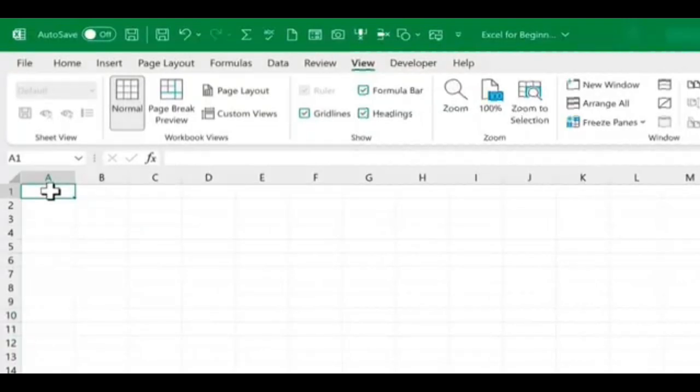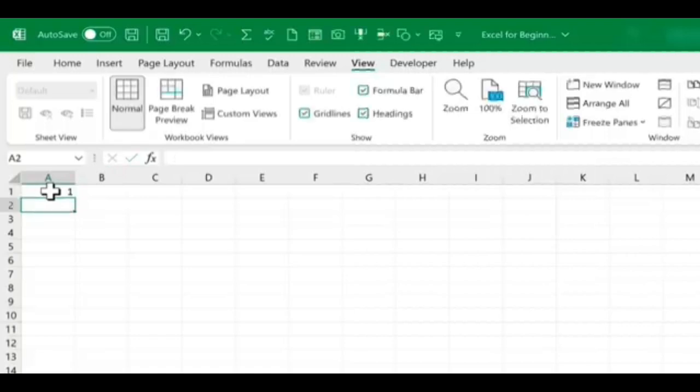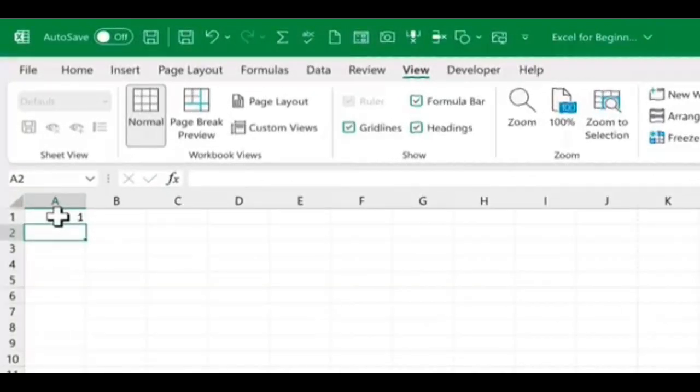So let's say the employee ID number for employee 1 is simply 1. I type the number 1 and that data appears in the cell, but it's not truly entered in the cell until I tap Enter or Return on the keyboard. Now the data is inside that cell. Notice when I tapped Enter, the active cell moved down 1, and that's great because that's where I want to type the next number: 2, Enter, 3, Enter, 4, Enter,